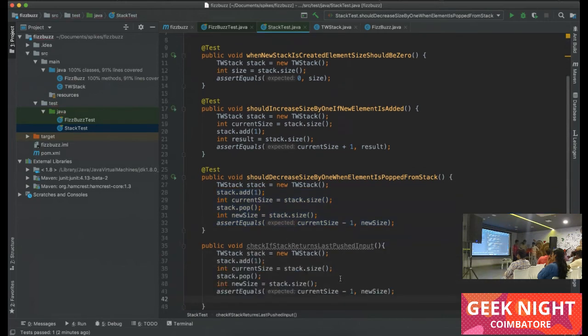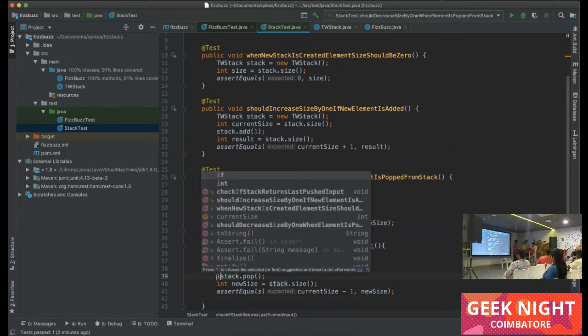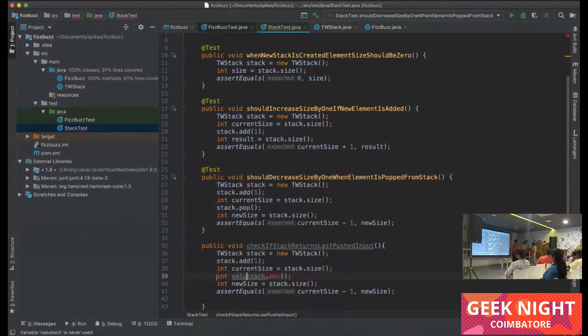Okay. So now the pop will return a value. Assign it to a variable. Now let there be a compilation error. What we are going to assert is that the returned value is the last input value.